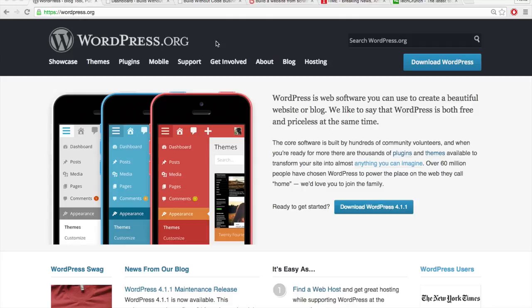toward using WordPress.org. So on the front page, this first sentence explains pretty well what WordPress is. WordPress is web software you can use to create a beautiful website or blog. And this web software is completely free to use. You just need your own domain and web host. So I think one of the best ways to explain what WordPress is like is to just show it to